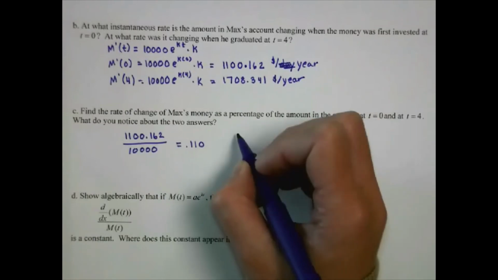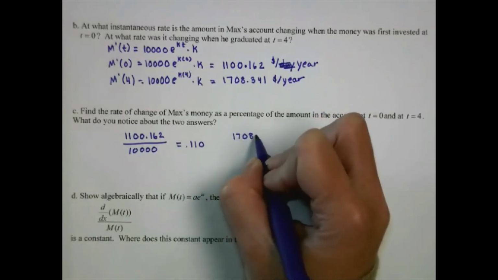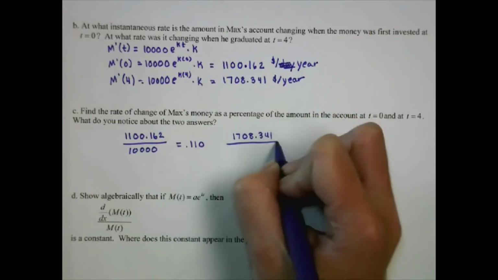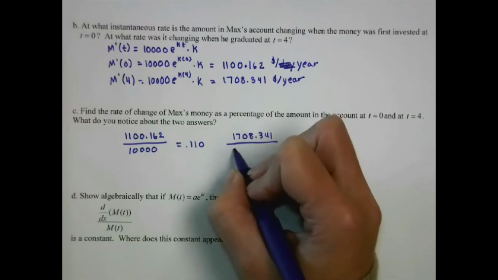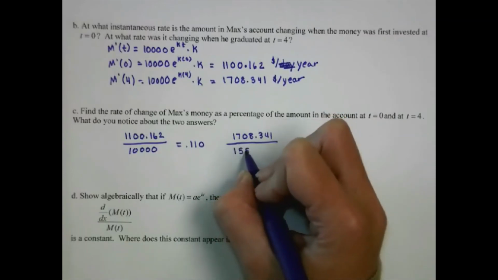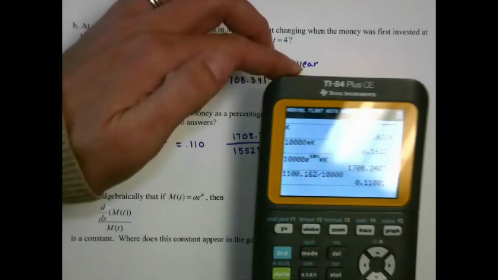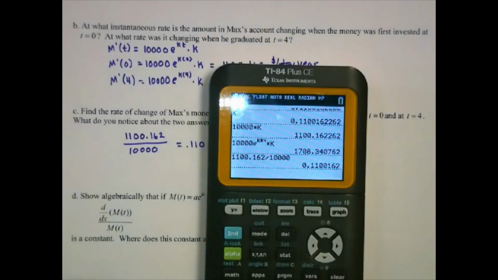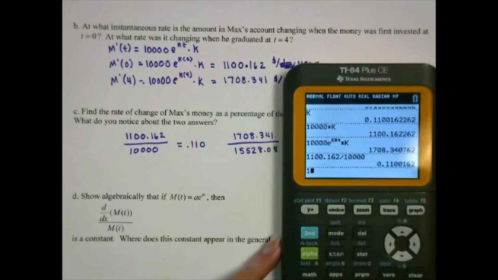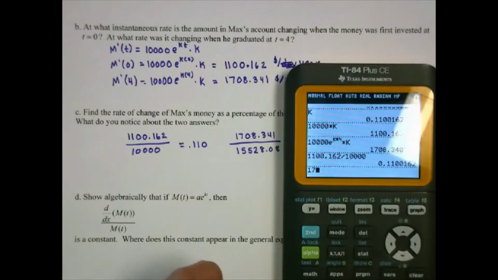Then we'll do 1708.341 out of the amount at that point in time, which was 15528.08. Calculator. Which gets us 0.1100